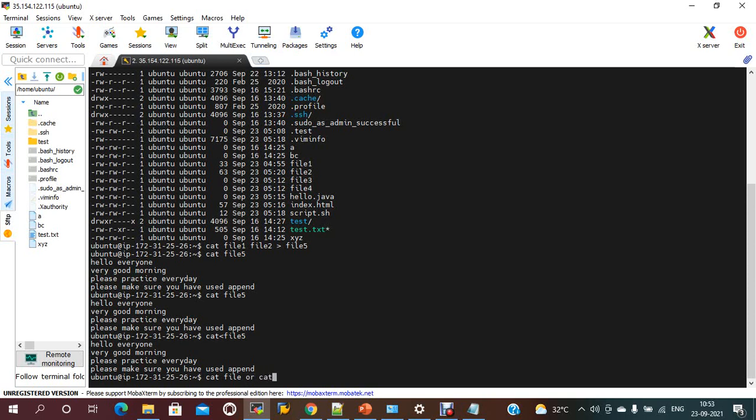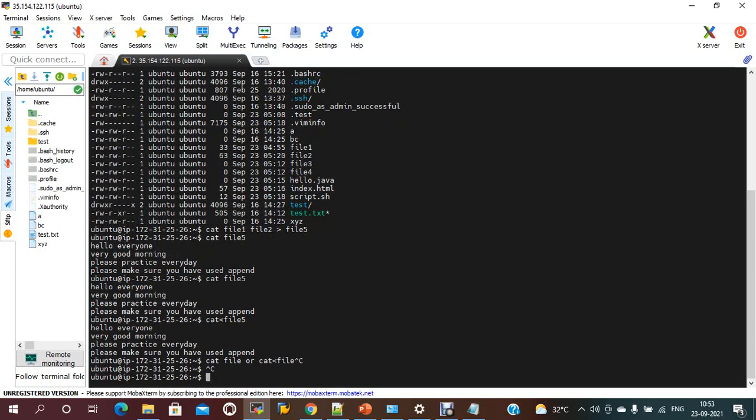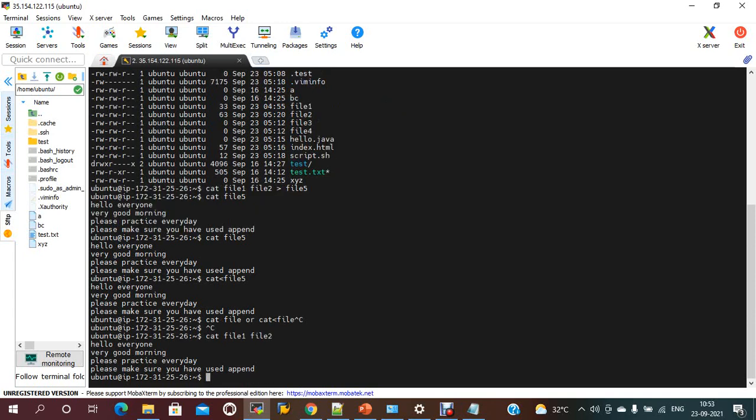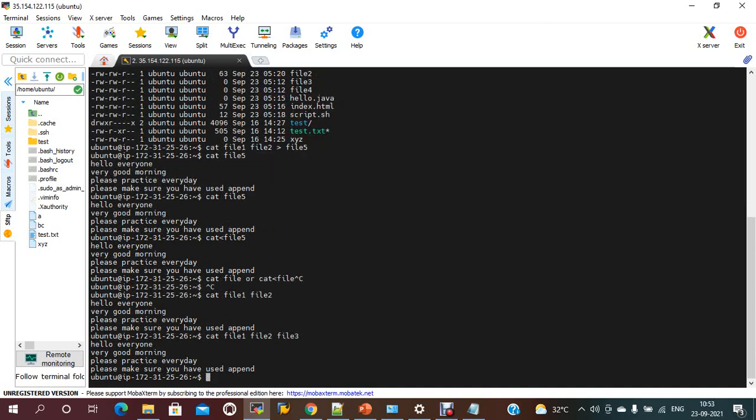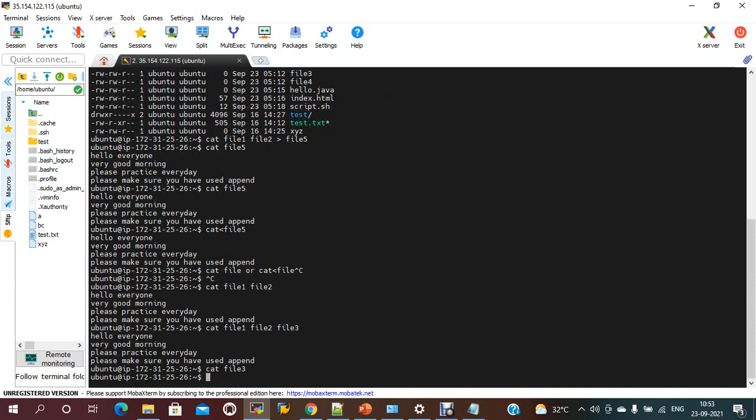The output should be the same if you use it like this, or like this also. It will display the same file content. If I want to display the content of file 1, file 2, file 3, just give cat file 1, file 2, file 3, and it should display the same. File 3 doesn't have any data, that's why it didn't show anything.